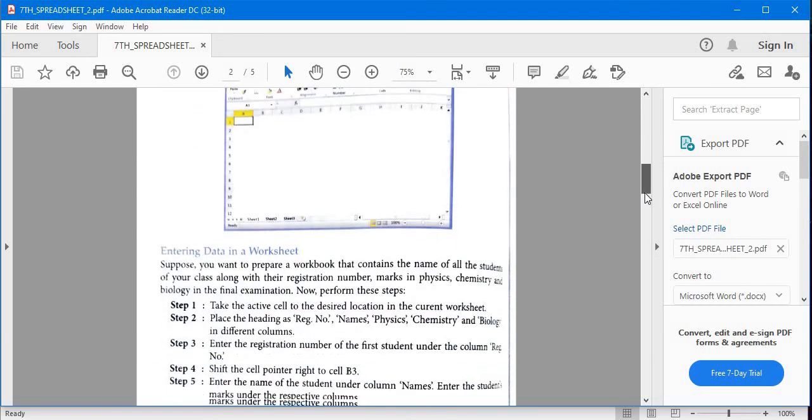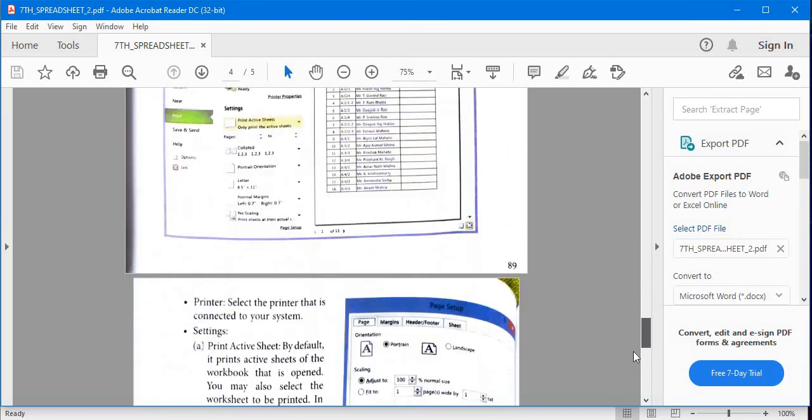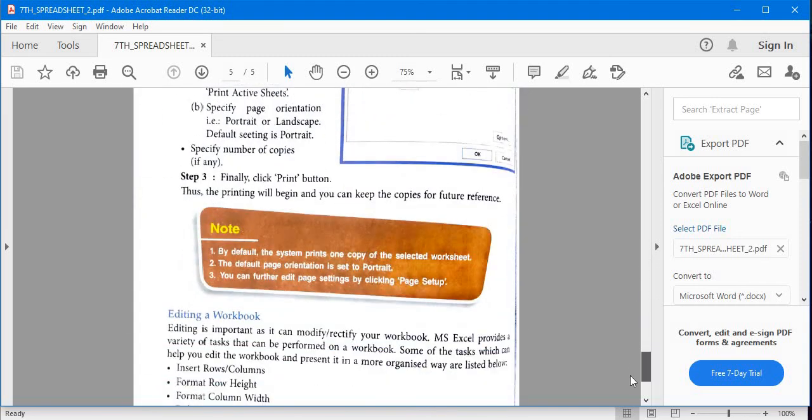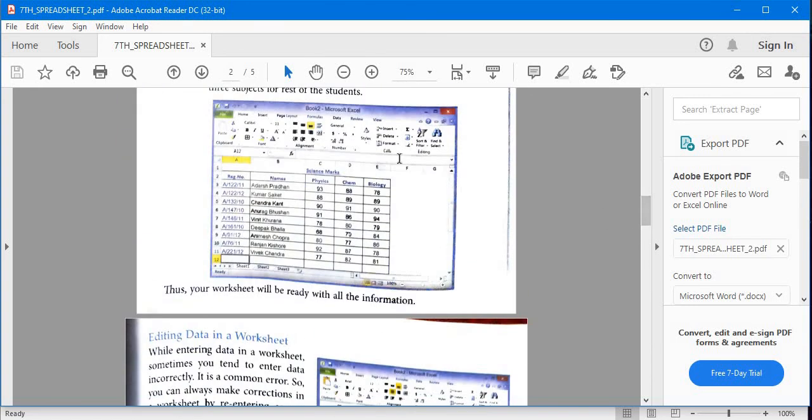You can see this table in your book. So this is your table on page number 86, and I will tell you how we can make this table in MS Excel. So see it again.